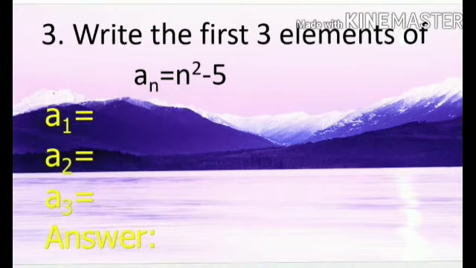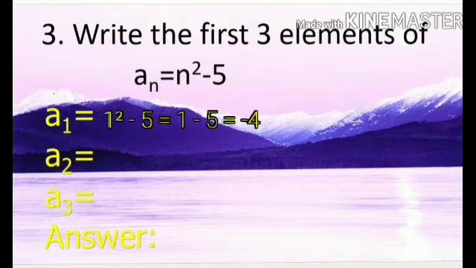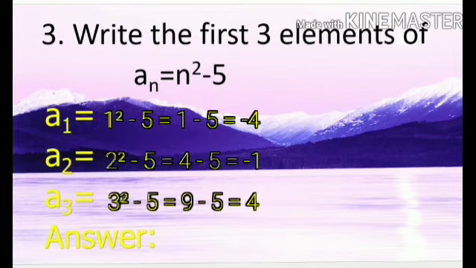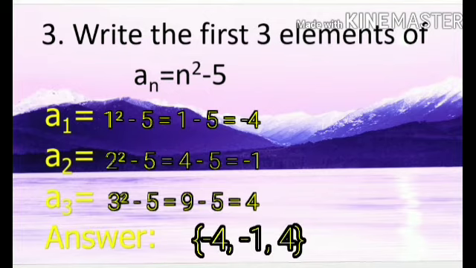and 9. How about the first 3 elements of a sub n is equal to n squared minus 5? By substituting 1 to n, we will have 1 minus 5 which is equal to negative 4. For the second term, since 2 squared is equal to 4, the working equation will be 4 minus 5 which is equal to negative 1. For the third term, that will be 3 squared minus 5 or 9 minus 5 which is equal to 4. The first 3 elements of a sub n is equal to n squared minus 5 are negative 4, negative 1,